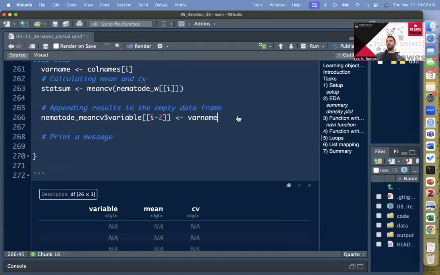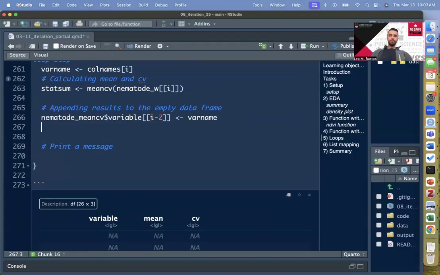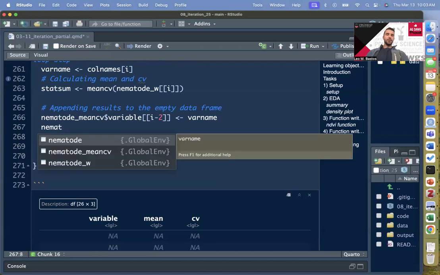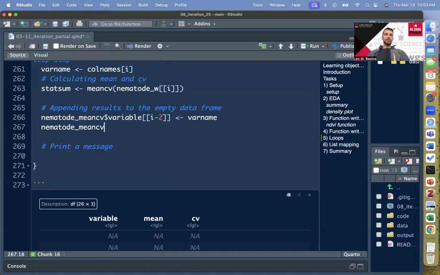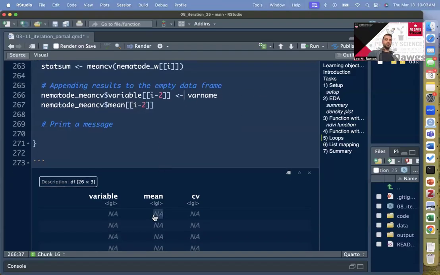And then we're just going to repeat this for the other variables. So nematode, now let's assign the mean, right? So nematode mean CV, $mean. Again, double brackets, i - 2. So on that column, it also goes on the first position rather than the third of the mean column. And this gets the value of,